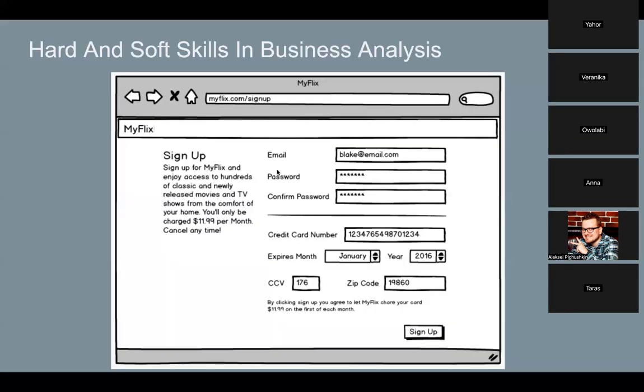So again, I want to show you, almost similar to the carpenter, how in business analysis, hard and soft skills and their combination can influence the results that you deliver. Assume your hard skill here that you're applying is creating a wireframe for the sign-up form. This is a hard skill, and we have 2 business analysts who are both great at this, right? Both can create a very thought-through sign-up form wireframe.